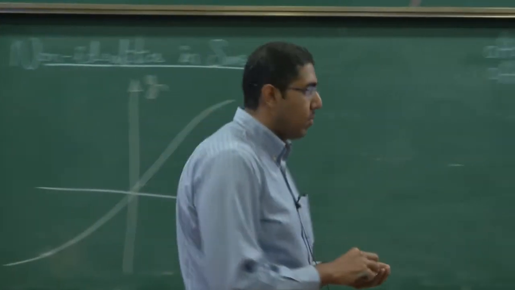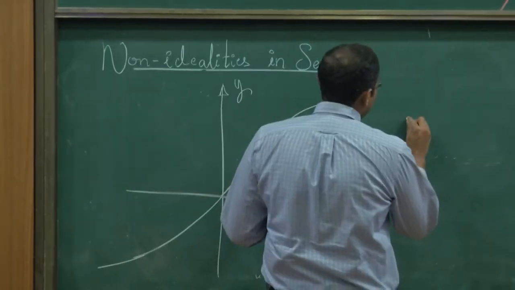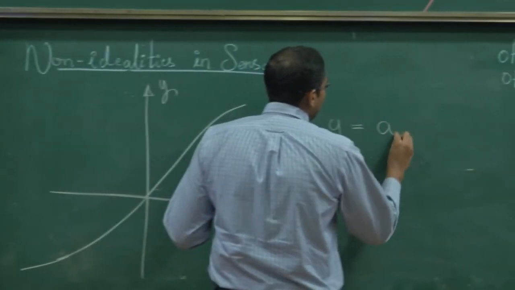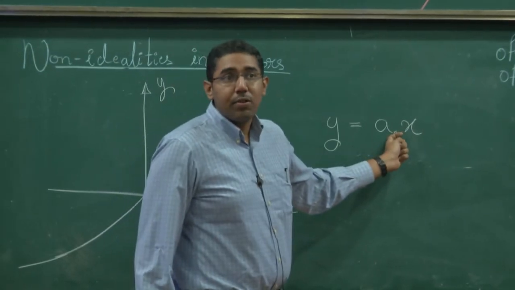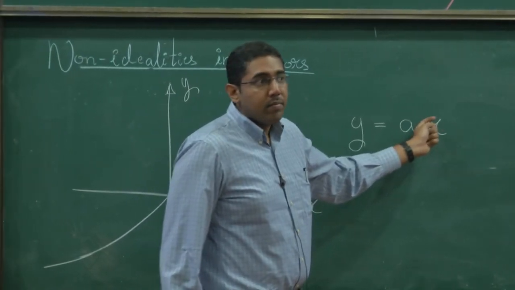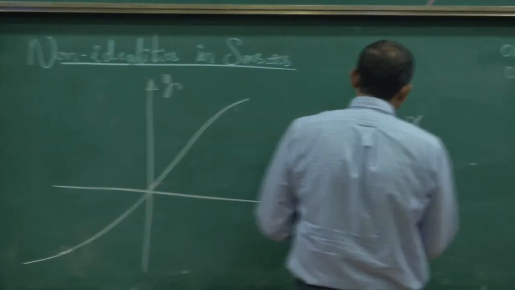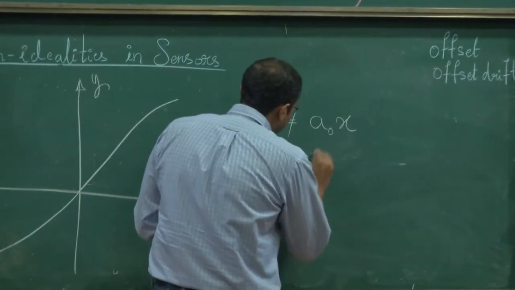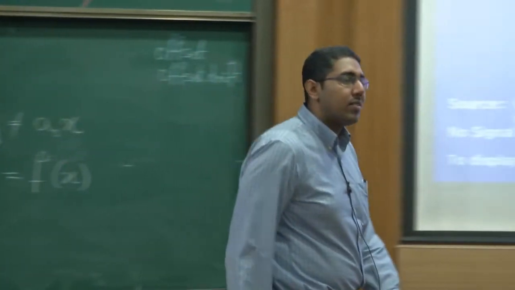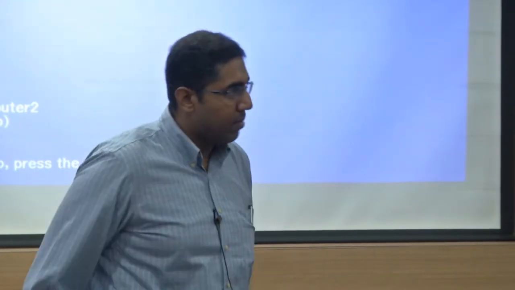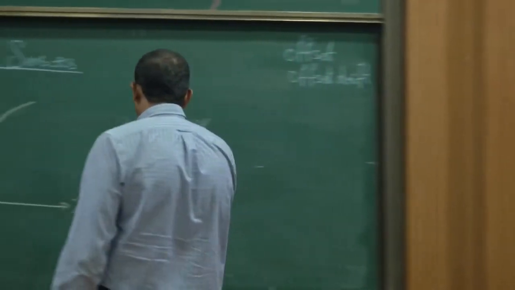Now why is this a problem? So now the question is, my output Y is no more this. What else is it? Some function of x, right? Instead of this, it is some function of x. This function of x is some nonlinearity, right? x plus x square plus x cube, or logarithmic, or e power, it depends on the sensor, but in the end this is some function of x.